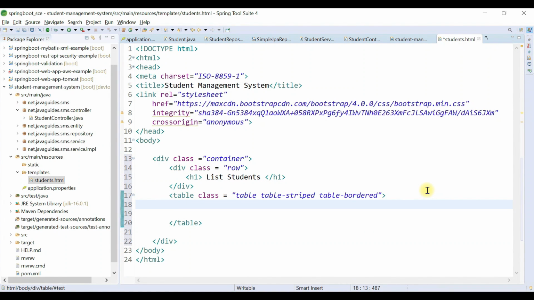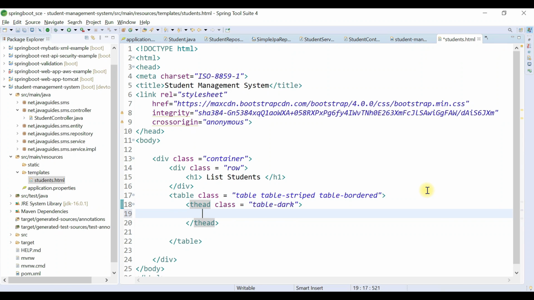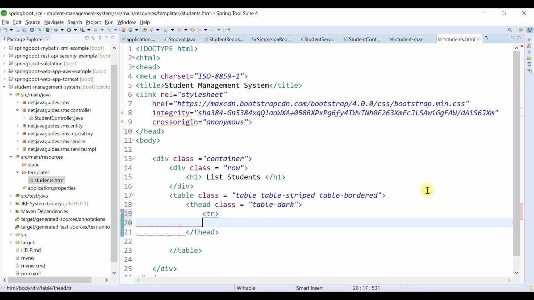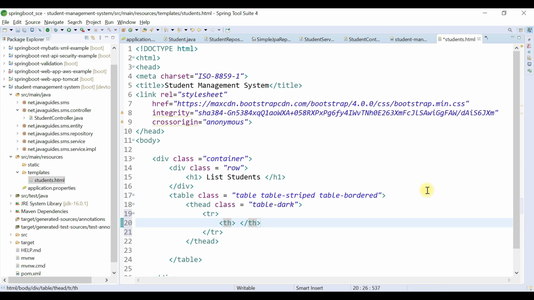Okay, so within the table we're going to create a table header, and let's add a Bootstrap CSS class to this table header, that is table-dark. And then we're going to create a row here, and then we're going to define table columns, so first is student first name,